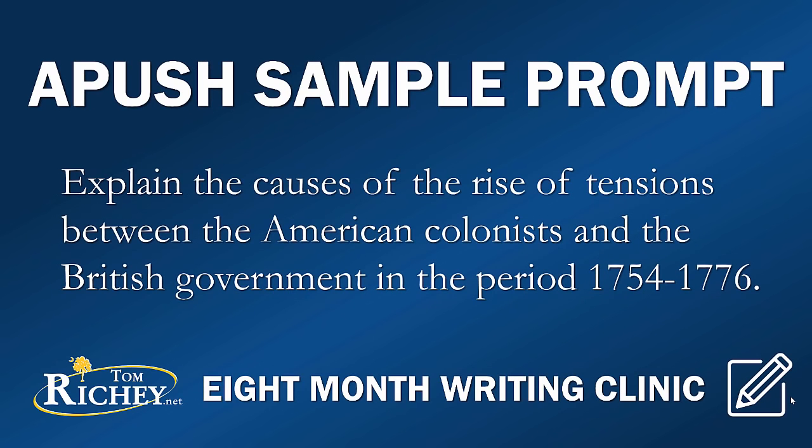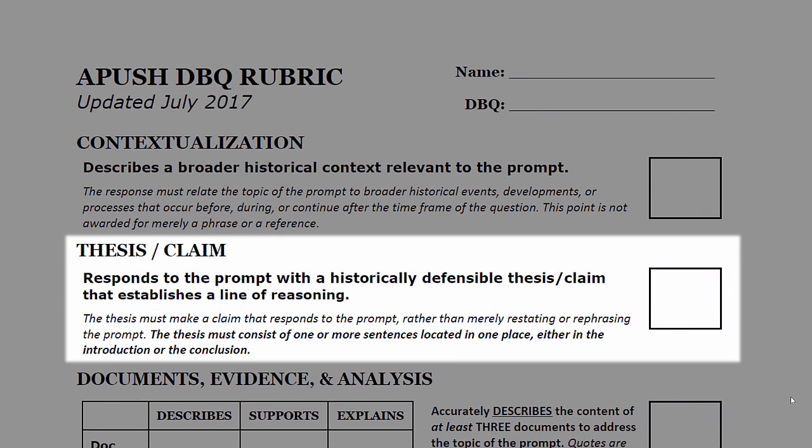Here is a sample prompt that I've come up with that is right at the beginning of this window. Explain the causes of the rise of tensions between the American colonists and the British government in the period 1754 to 1776. Now, the first thing we're going to have to do is come up with a thesis or claim,